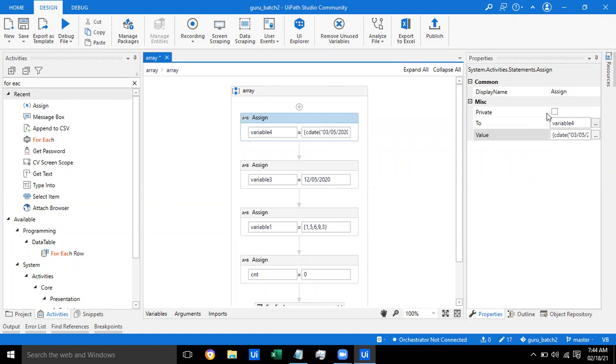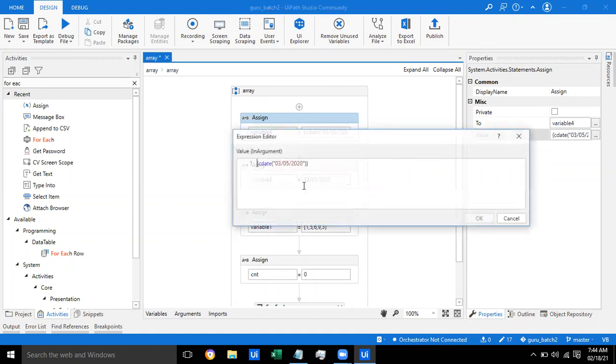So here what I did is give the date as a string and convert that date string to CDate. In most cases we get the date as a string, so that's why we are going to change it to CDate.